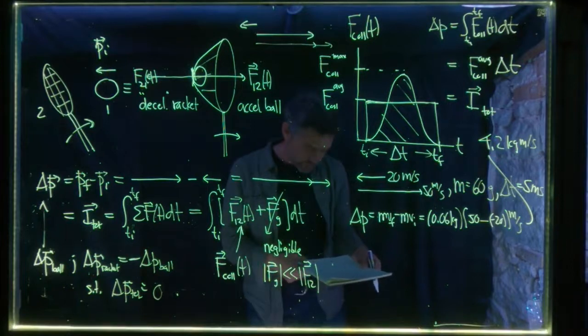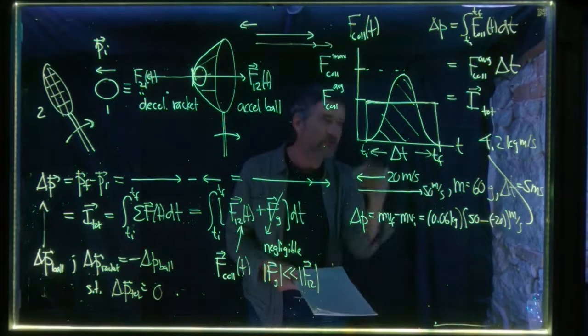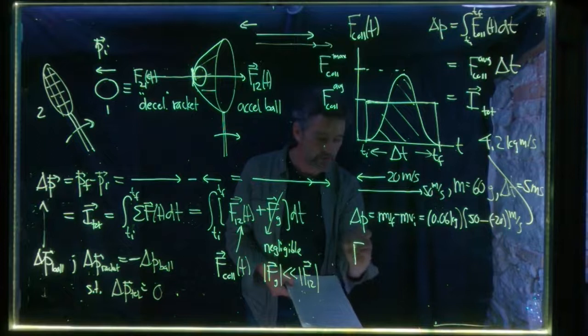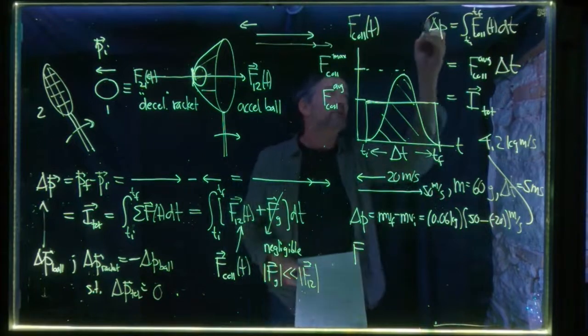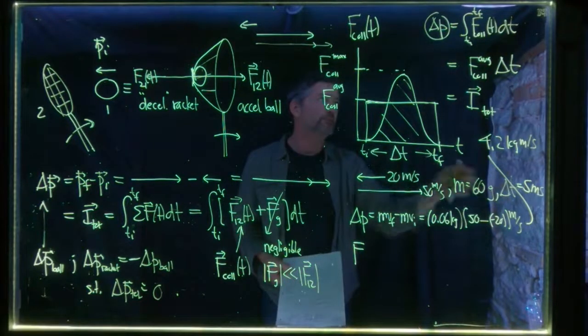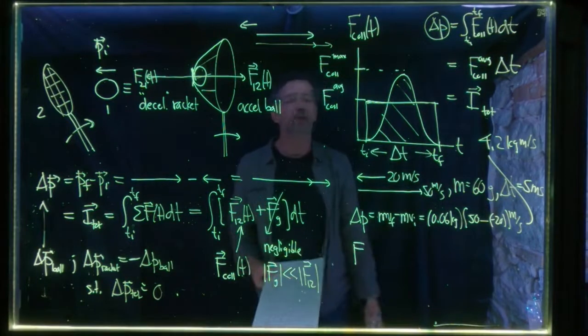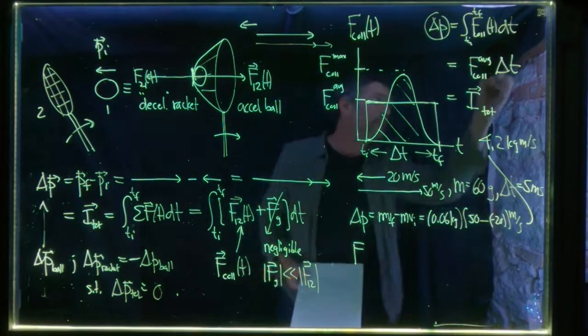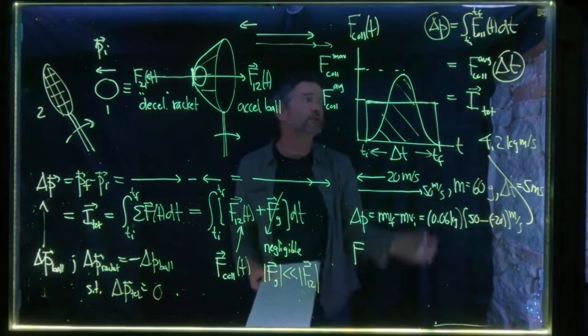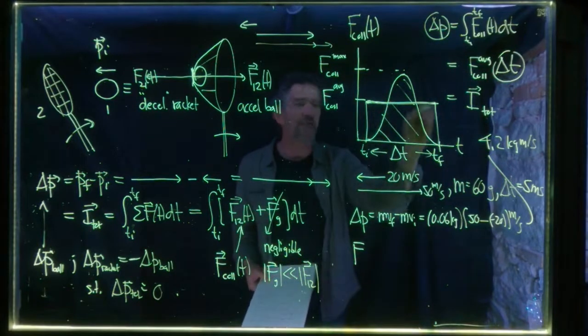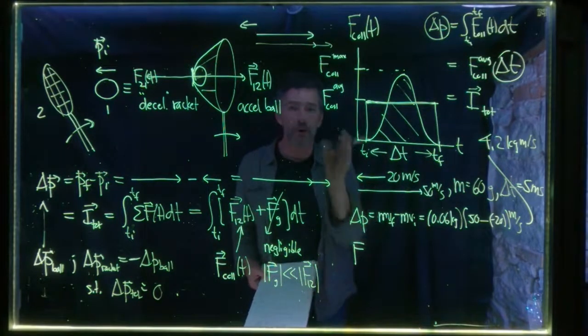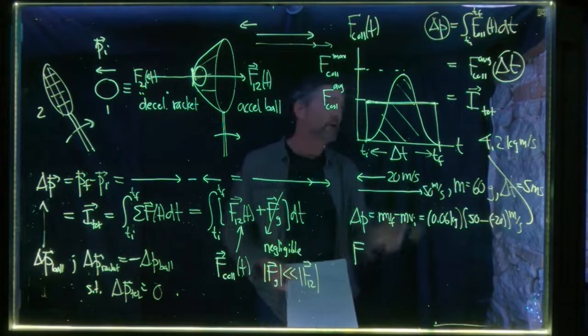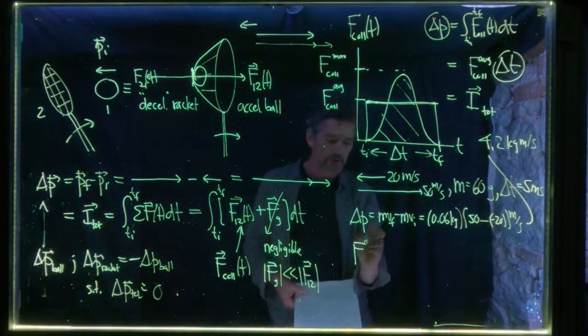Now we can work out the average force. We now have the change in momentum. We were given enough information to figure out the change in momentum, and we also know the time interval. So we might be interested in the effective average force that the racket exerted on the ball while they were in contact with each other. Well, we can figure that out. So F average,